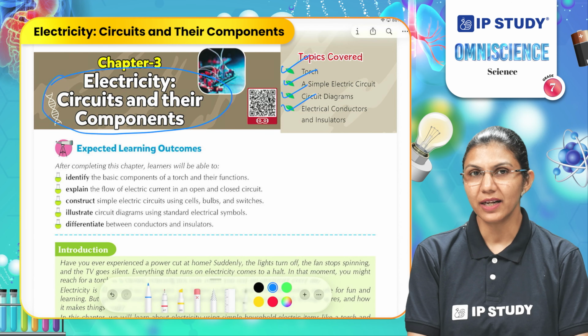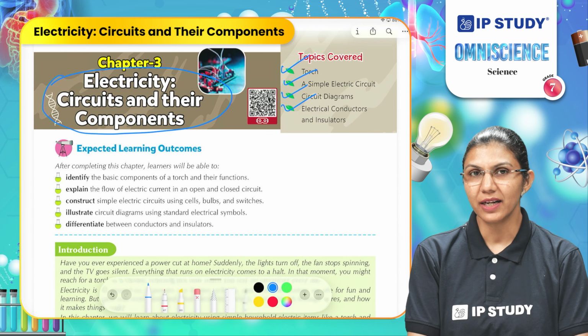What happens when suddenly a power cut occurs or all the lights in your room switch off due to no more supply of electricity? What do you do then? You try to find a source of light. In such a case, you can look for a torch or you can light a candle. Have you ever noticed how a torch produces light energy? Here we will discuss that.